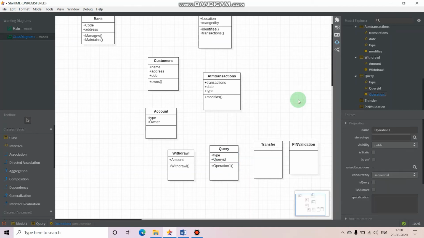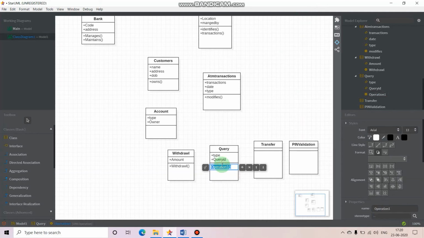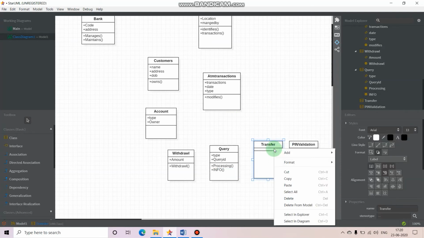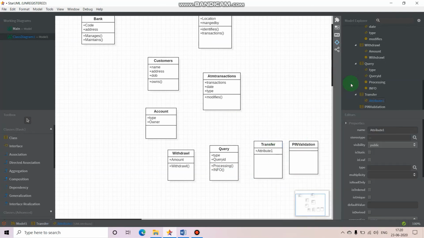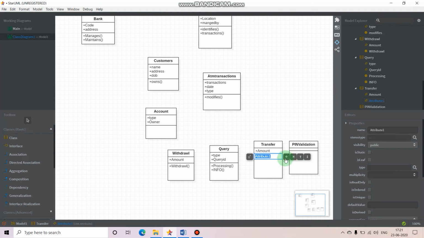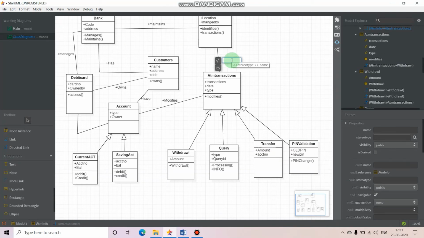Then the operations can be processing and giving you the reply, showing you the information. Then when you want to perform the transaction, you have to specify the amount you want to transfer, and then the account number, and it identifies it.